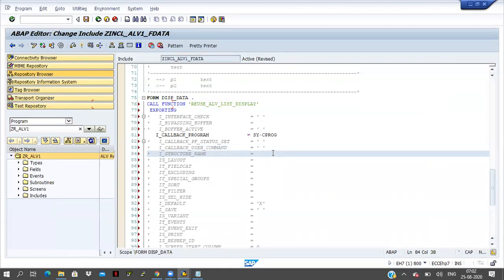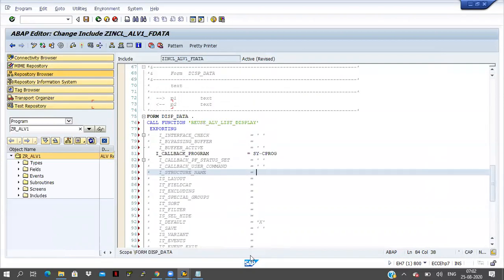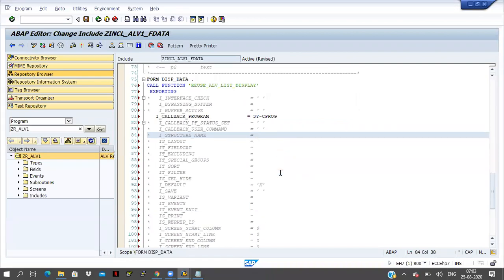Whenever we have to take all the fields, then it is mandatory. If we don't use the field catalog, then we have to use it. Do you understand in which case we have to take I underscore structure underscore name or not?